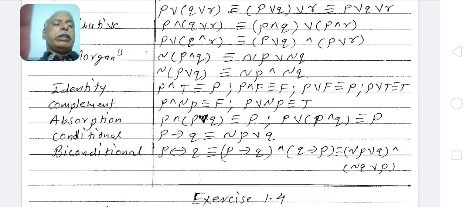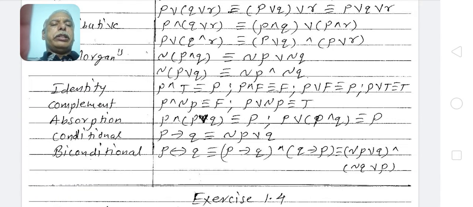But remember one thing: there are two operators we use within this left side, one outside the bracket and one inside the bracket. Both are opposite to each other. If outside the bracket is the AND operator, within the bracket it is the OR operator. In the second case, outside the bracket there is the OR operator and within the bracket there is the AND operator. You cannot use the same operator throughout the left side.